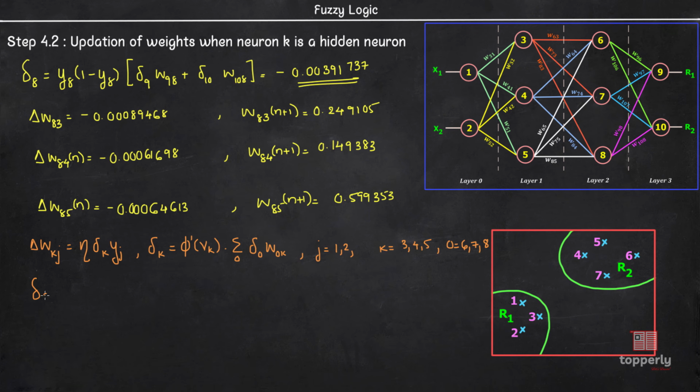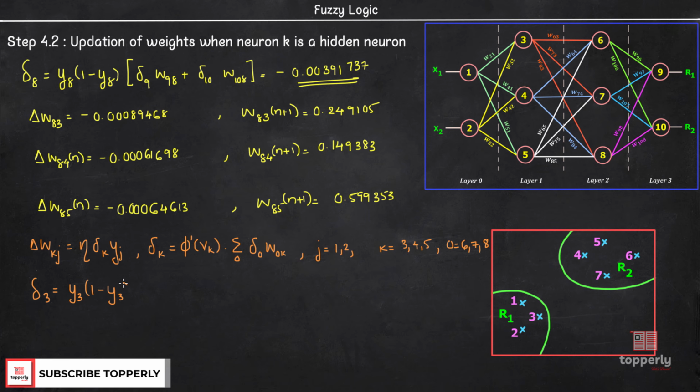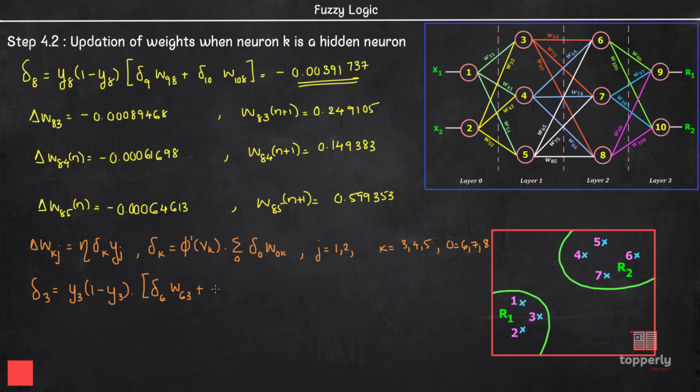So dou 3 is equal to y3 into 1 minus y3 into dou 6 into w63 plus dou 7 into w73 plus dou 8 into w83, which is equal to